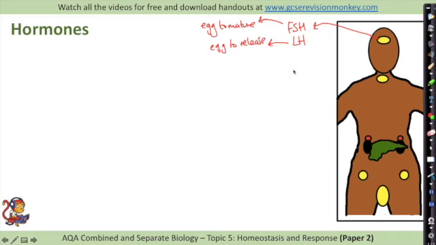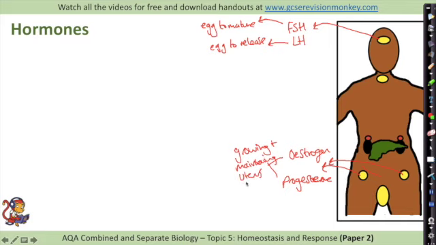release. The other endocrine glands involved in this process are the ovaries, and they produce two hormones called estrogen and progesterone, and these two are involved in growing and maintaining the uterus lining. So the uterus of a woman will be just below where the ovaries are. The ovaries will link to the uterus via an oviduct, and this is where,